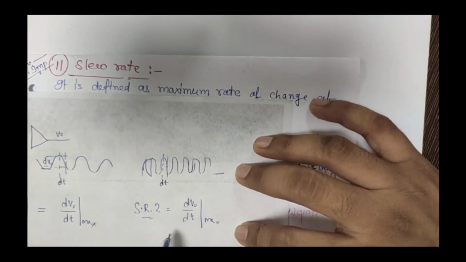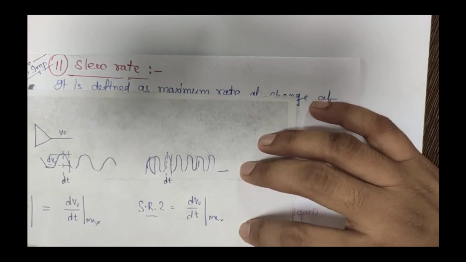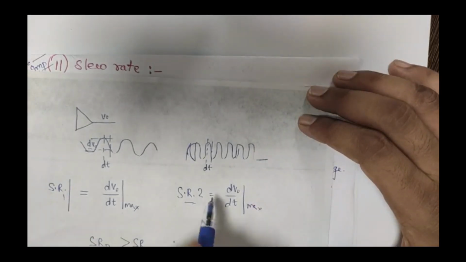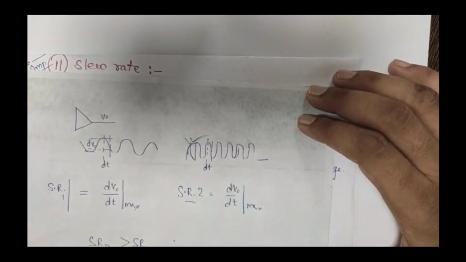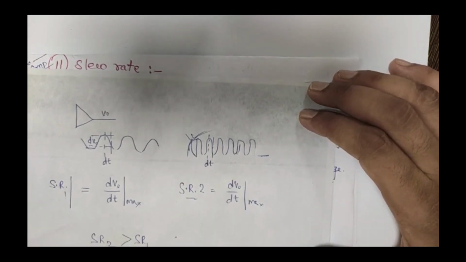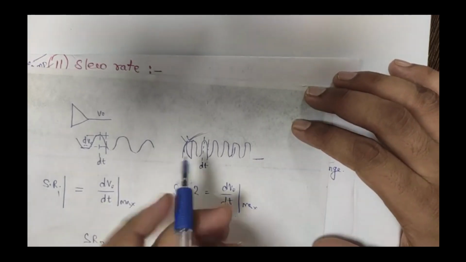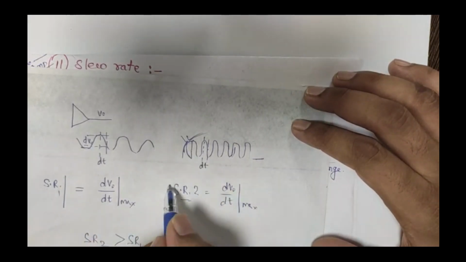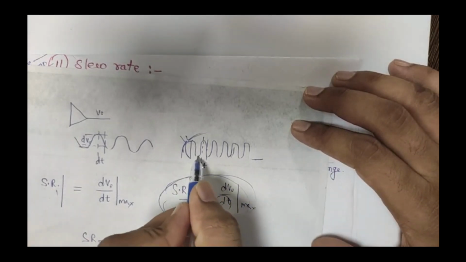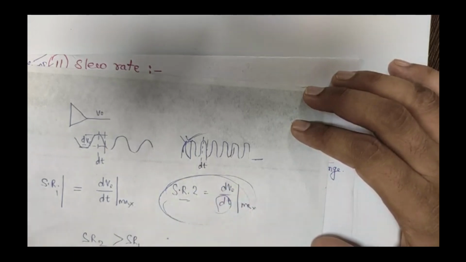So this property is an indication about the operational amplifier, of the maximum frequency of input or output that is supported by the op amp. As frequency is increasing, the slew rate is also increasing. You can see that dt is reducing because time period is reducing as frequency is increasing, therefore slew rate is also increasing.